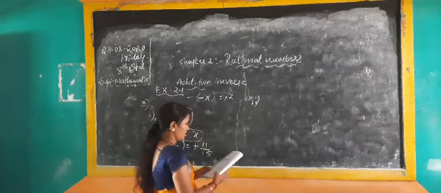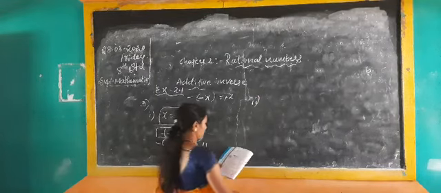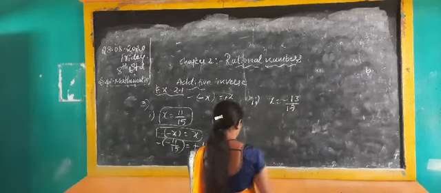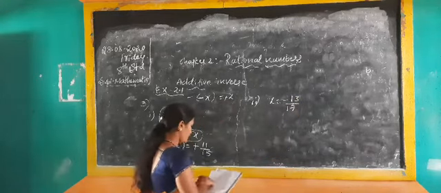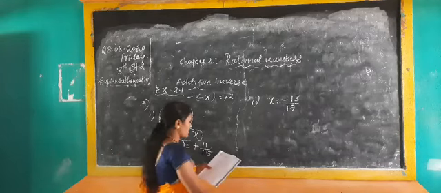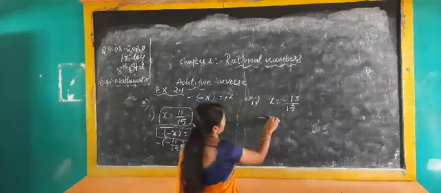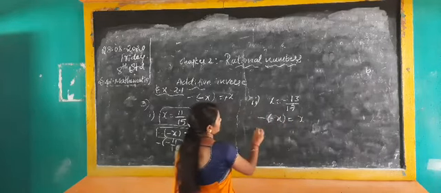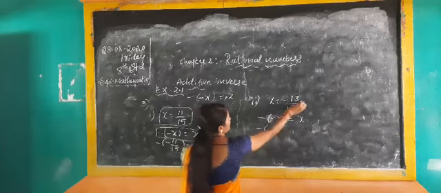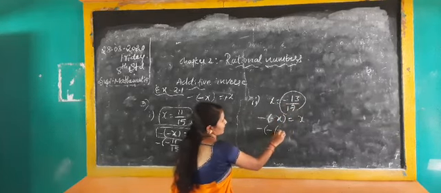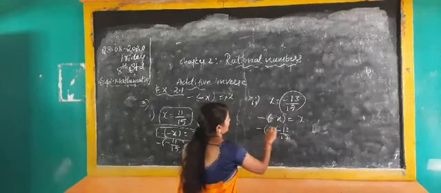Second problem, 13 by 17. X is equal to minus 13 divided by 17. Here they have given a negative sign. Yes or no? Here consider, minus of minus x is equal to x. Here, the value of minus of minus x should take the total minus. You should take the total with the sign. That's why I am taking here minus 13 by 17.